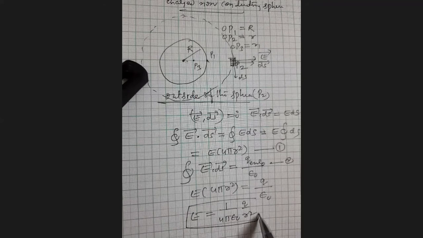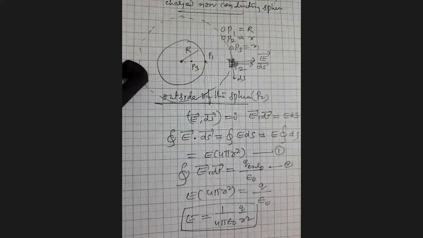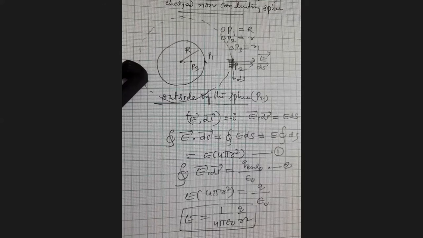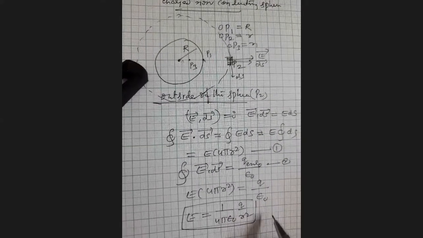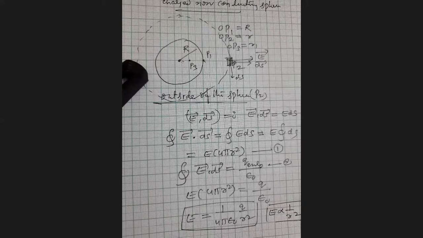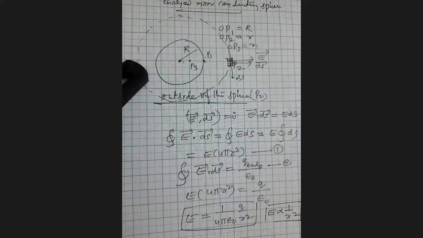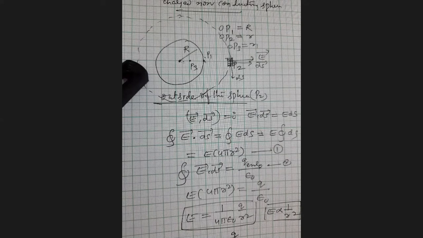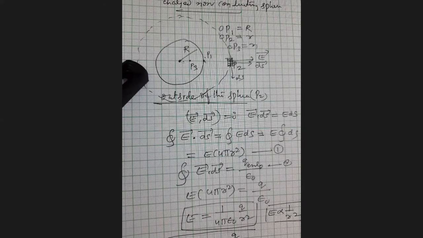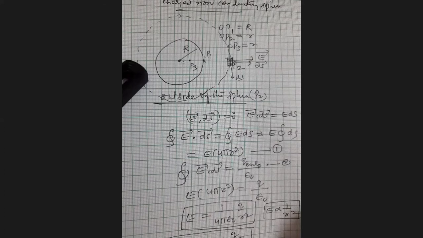This equation represents the electric field strength outside of the non-conducting sphere, that is at the point P2. So from this, it is very clear that E is inversely proportional to r square. Now, if you consider the point on the surface, then E on surface, since small r equals capital R, simply you can write the expression for field strength 1 by 4 pi epsilon naught Q by R square. This is the field strength at the surface at every point.